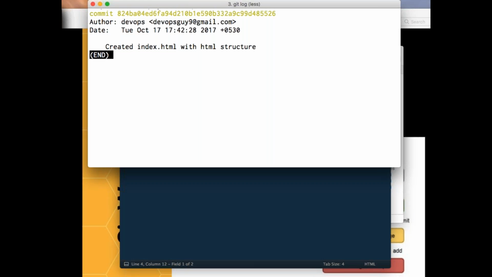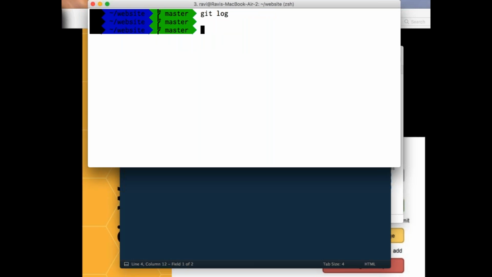Now let's say you have some 10 commits. It means there are 10 changes. Those 10 changes you can go and run with this particular command. So this is basically your SHA algorithm. There is something called SHA algorithm, which generates some 40 digits hexadecimal number for each and every unique change. Whenever there is a change, it is going to store one particular thing. Now let's say currently there is only one change.